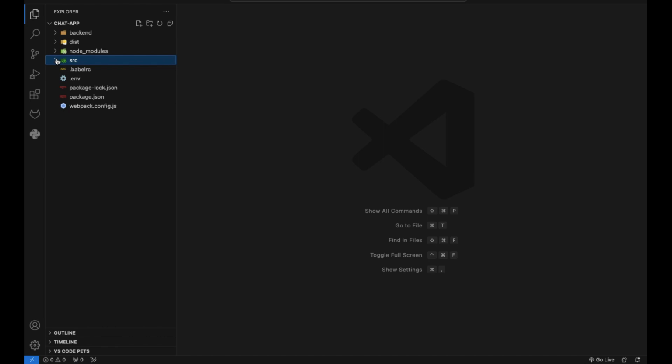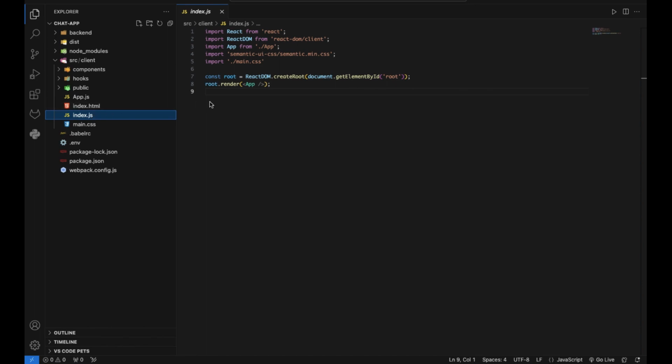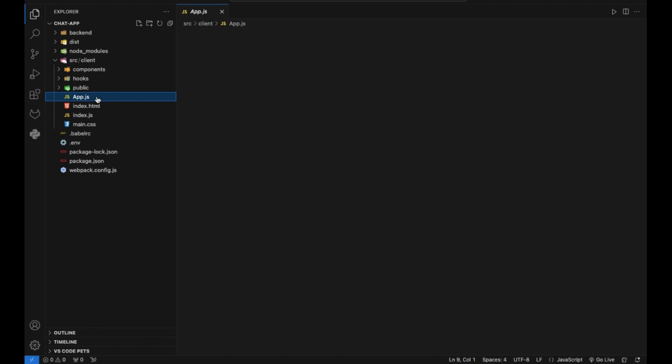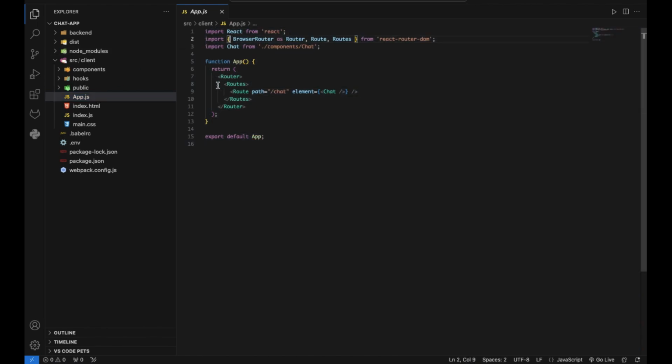In this section, we will explore the front-end architecture of our application. We begin by setting up our React application environment, initializing our React application and rendering it into the HTML document's root element. Our application uses React Router for navigation. This setup demonstrates the use of browser router for SPA routing with a specific path, chart, that renders the chat